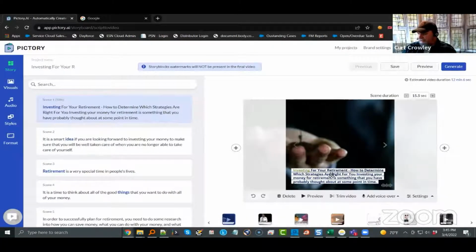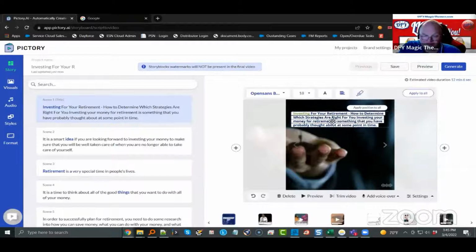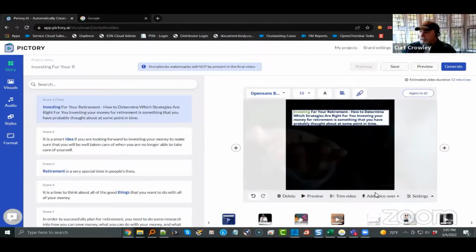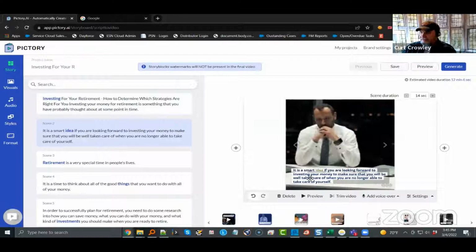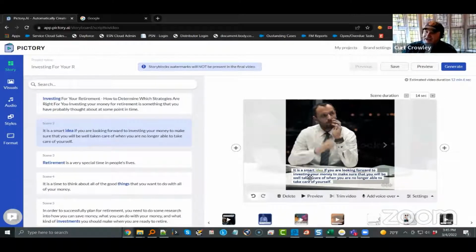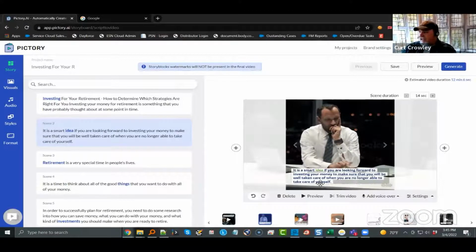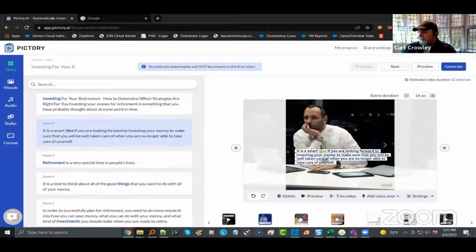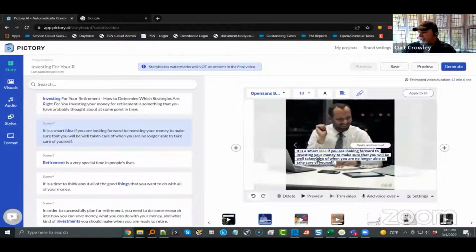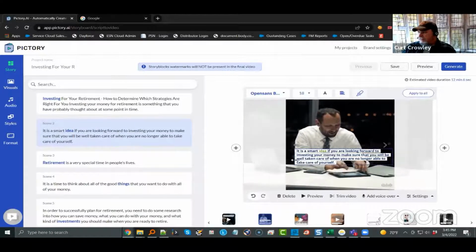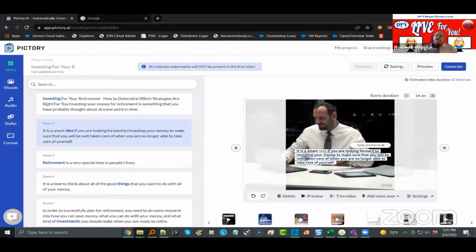Here are some beautiful things about Pictory that are greater than Vidnami ever thought about. You can drag and drop the text anywhere you want it per slide. Vidnami never had that. Neither does Yive. Yive has its own video builder as well, but it's based upon upper left, top center, upper right. You have no control over it. This, you have total control. You can also drag and drop, and move the video around how you want it, because these are yours.